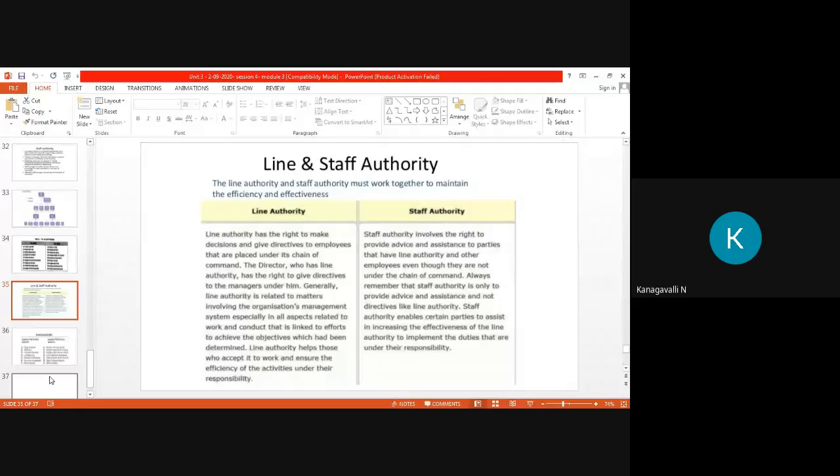Then the manager is responsible for putting into action. The different types of managers play a vital role in line authority. Then it is dedicated to a line manager. Then comes staff authority. It is a manager to manager relationship. It is indirectly related. It deals mainly with the exercise of authority along the channel of line authority.